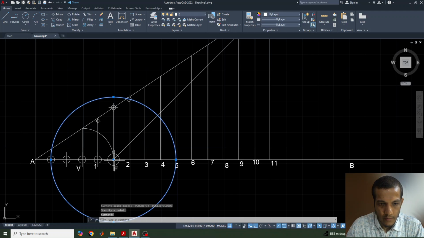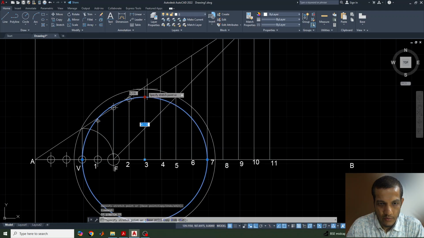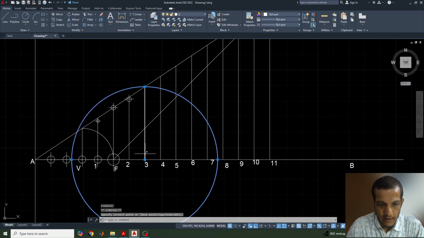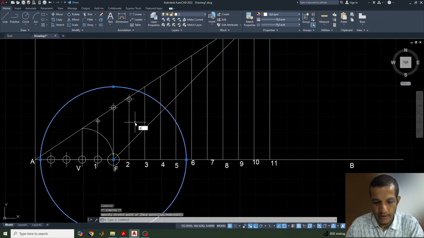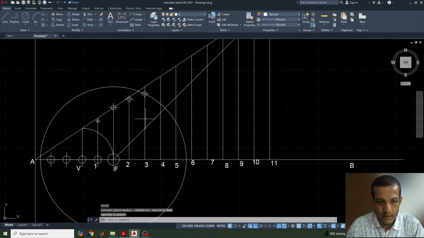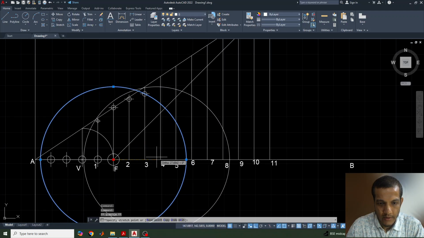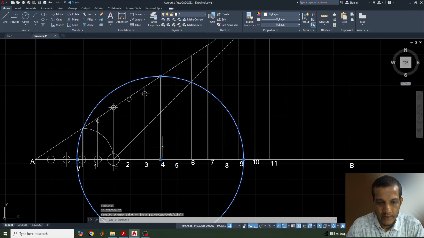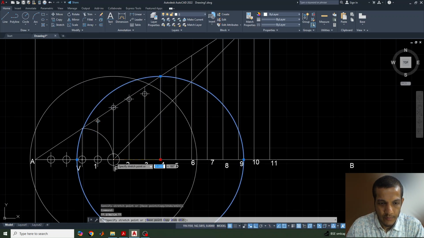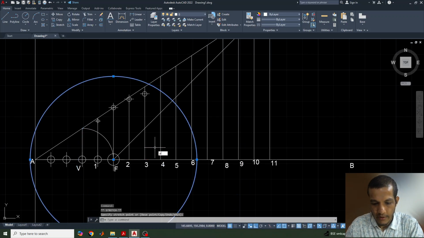Similarly, move to the third point and just extend up to the height, and again take the circle to the F point. Again the point will be here. Okay, like this continuously we need to do for all these points. Third point completed, next fourth point. Fourth point is here. After extending it, again take this point, center point as F. Again go for PO,